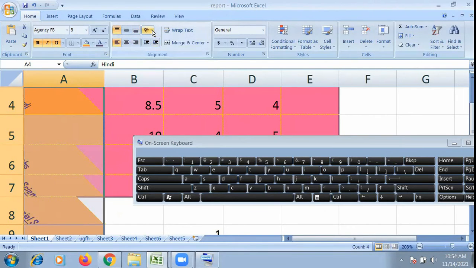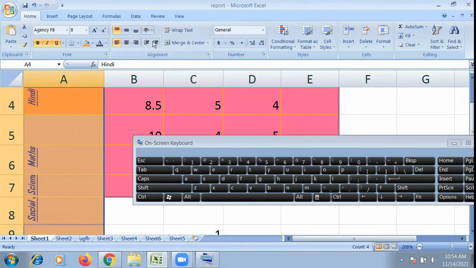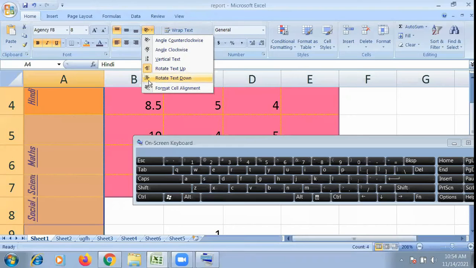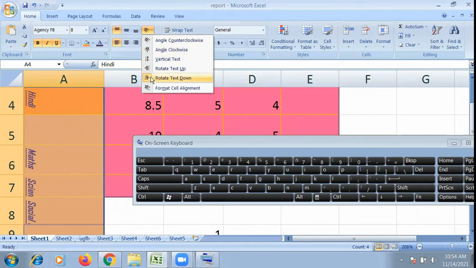See, the text will be written vertically. So like this we can give different orientations. Rotate text up, rotate text down, and format cell alignment.